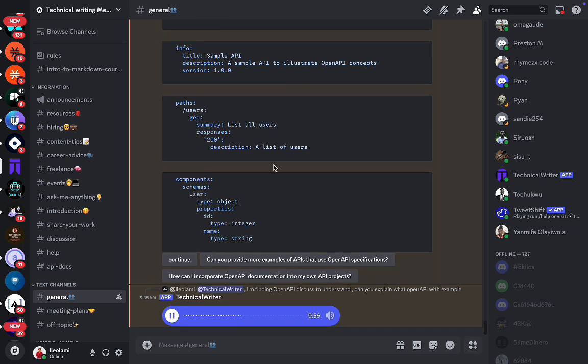Paths defines the available endpoints and their operations. 4. Components contains reusable components such as schemas, parameters, and responses. By describing your API in this standardized format, tools like Swagger UI and Stoplight Studio can programmatically parse the information and display it in a stylized, interactive format. This makes it easier for developers to understand and